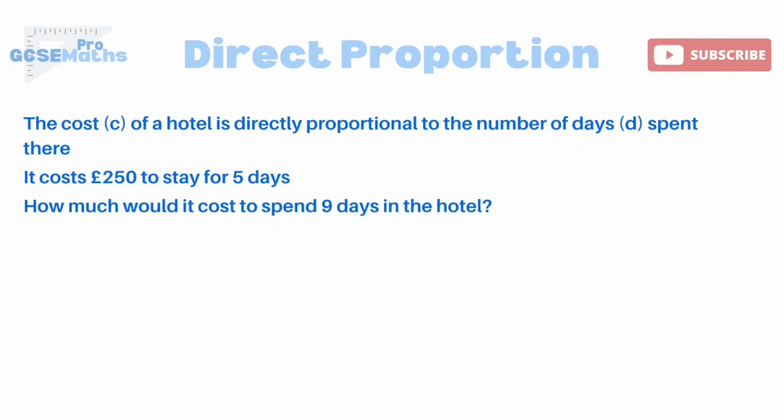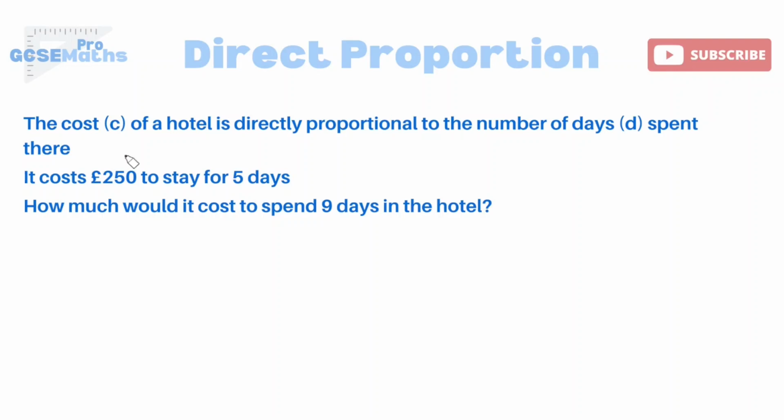Okay, so hopefully by now you've got the idea. It's quite repetitive. The last 2 questions that we've got are now going to be worded questions. As you can see, it's not just y is directly proportional to x. We've got an actual scenario. However, you should be able to see that you can still break it down into those 3 steps in those